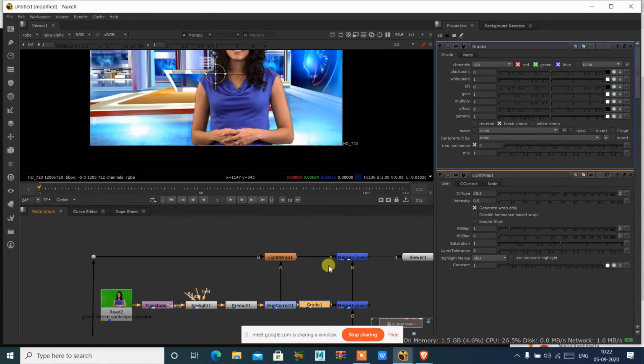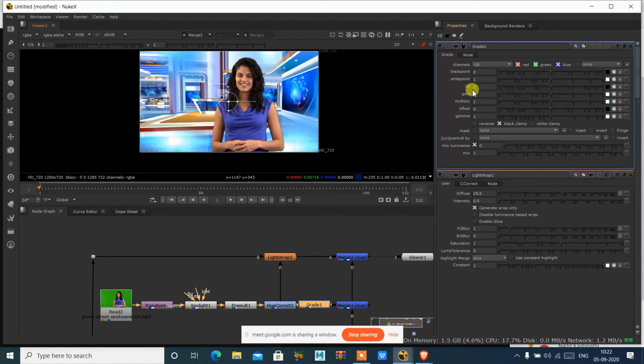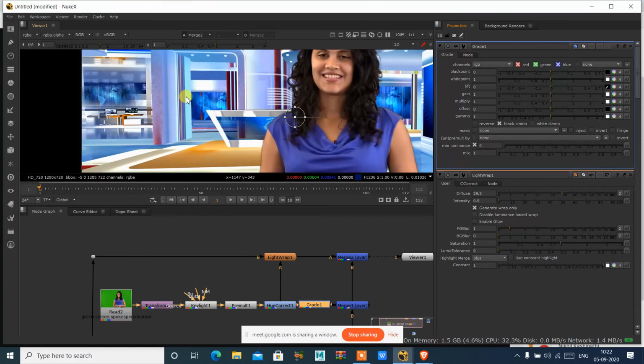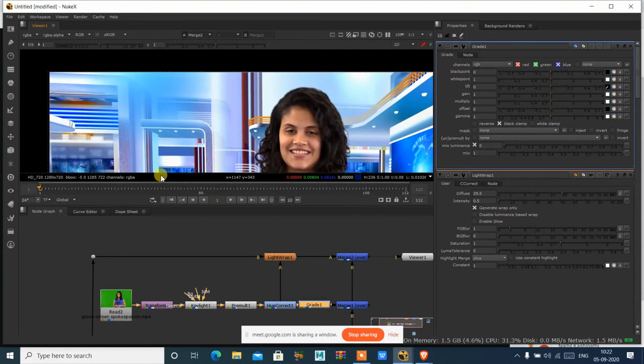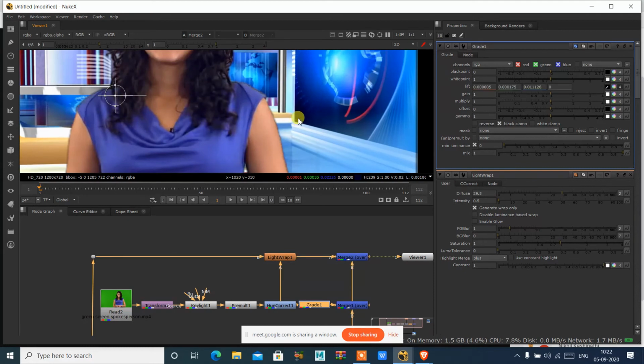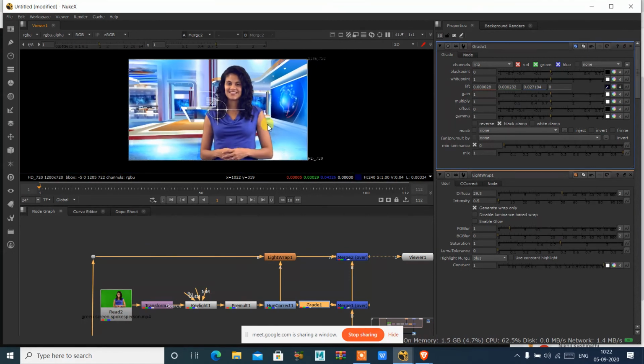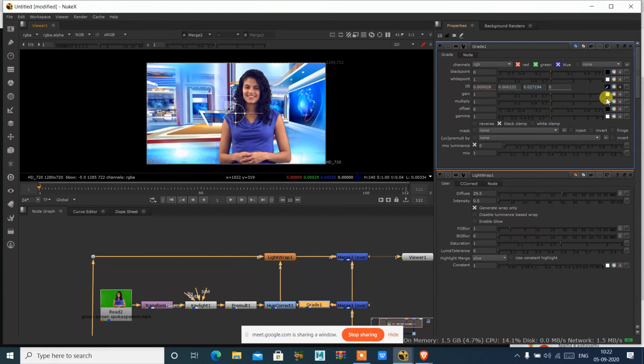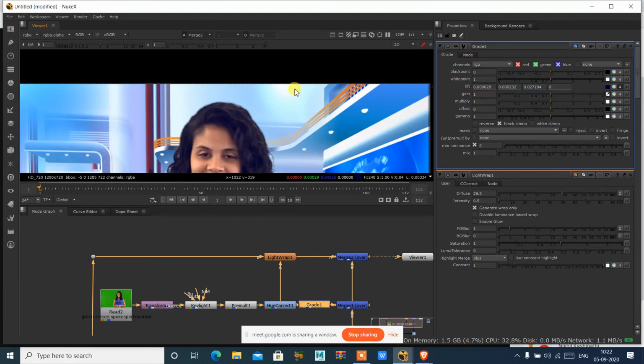Now we get these options. We have black point, white point, lift and gain. When you want to do the color correction over here, this is for matching the background shadow and this is for matching the background highlights. Click on this black color and you have to pick the color, the shadow color from the background, which is the dark color in the background. I can just hold control and click it. Whichever shadow color is over here, I can hold control and click, and I selected the background color. Then I need to select the brightest point in the background, so select this gain and choose the brightest point in the background.